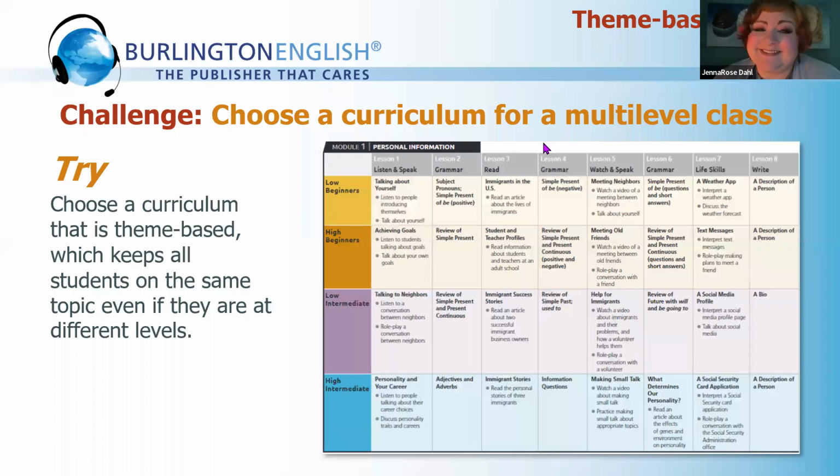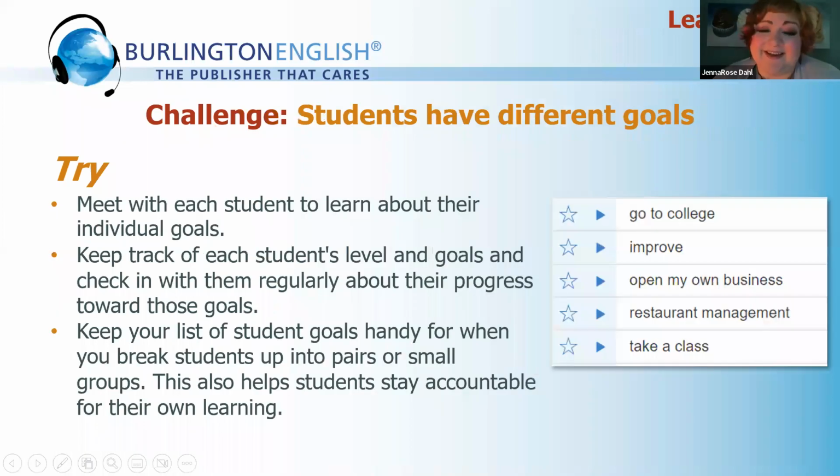Another challenge is students have different goals. We talked about this a little bit earlier, but just to go a bit deeper, one thing that can be really, really helpful is when you first start to meet with a student and really learn about their goals. What I did was make a little goal setting sheet in Microsoft Word that had students write their name, what they want to learn, what times they're going to come to class, and what times they're going to study outside of class. And we would both go over that together and sign it,